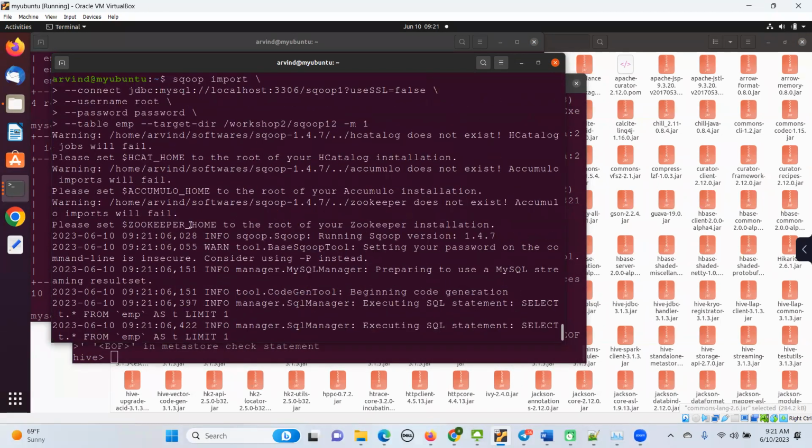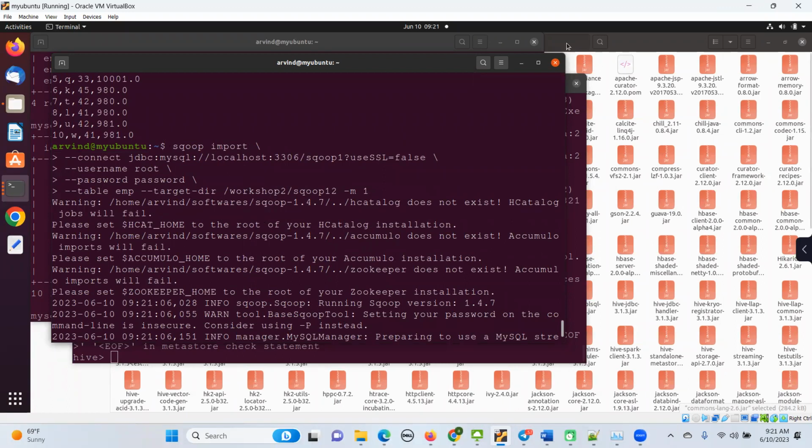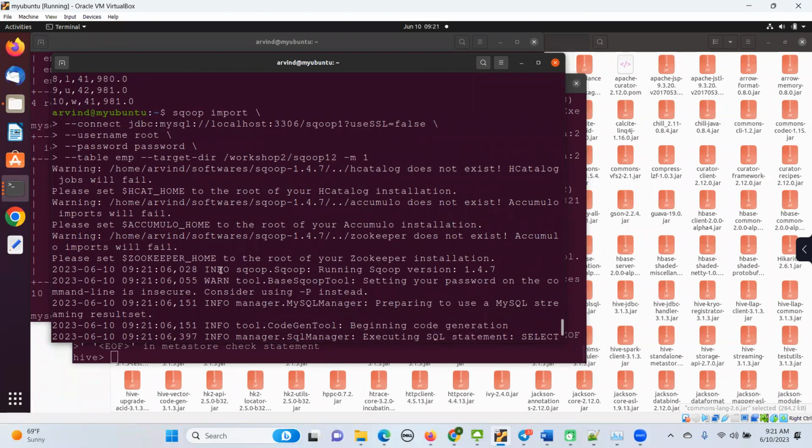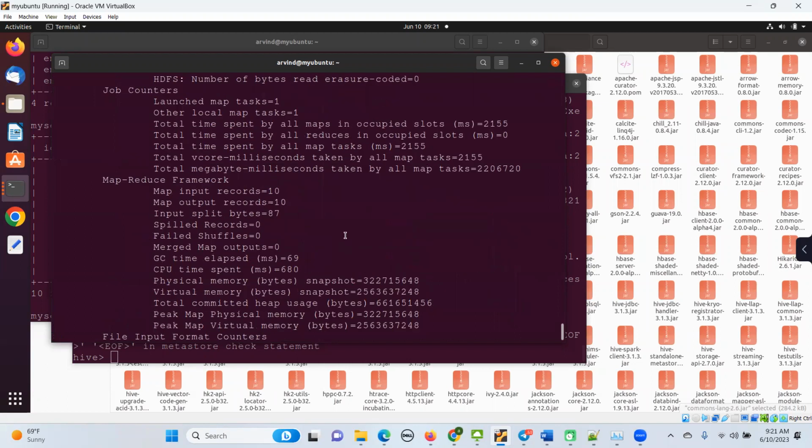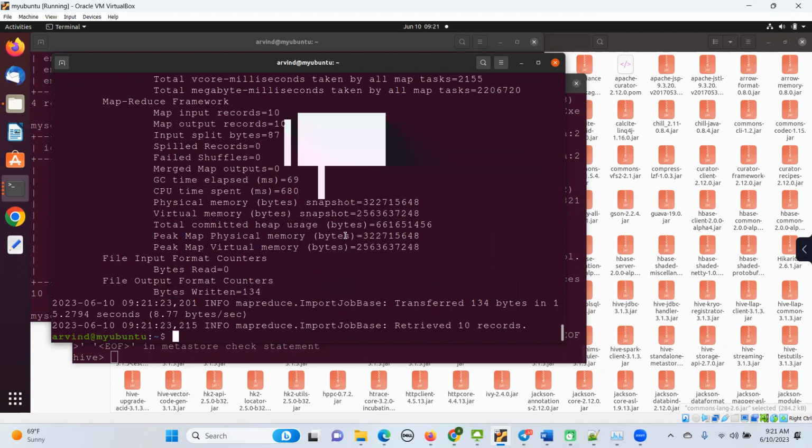Quick question, Marvin. As regards the target directory, I didn't get that part. You said the target directory must not exist, or we must have created the target directory first, or it will be created on the fly during the sqoop import command? Yeah, it will be a new directory, and it will be created when you run the sqoop import. Okay, I get that now. If you already have the directory and you give an existing one, and you run this sqoop import command again,